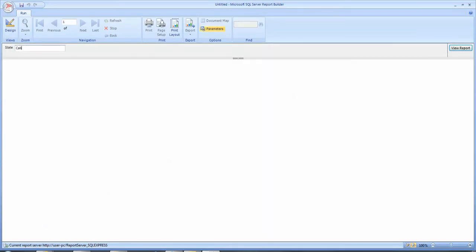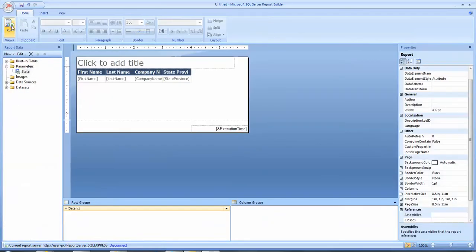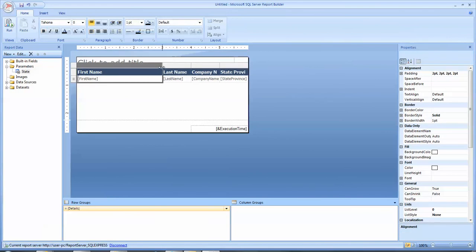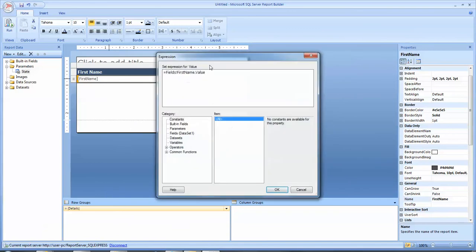Add state California, view, and report is here, but I'm not impressed because it's not formatted properly. So to format this thing, I'll go back to design mode. First of all, I need full name of a customer instead of first name, last name. So I'll increase the width, right click on the first name expression, and here I will add